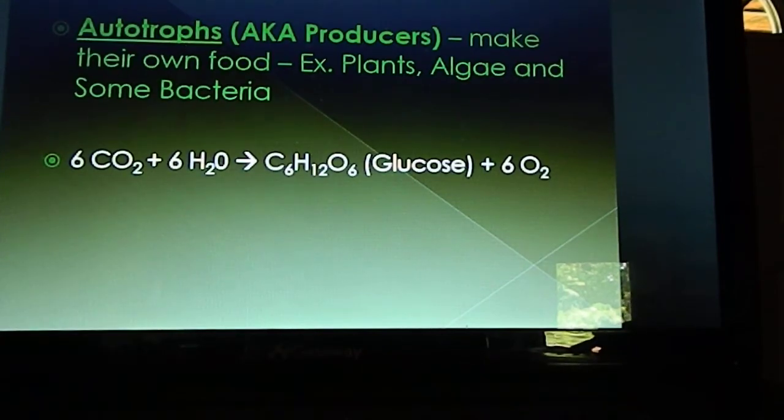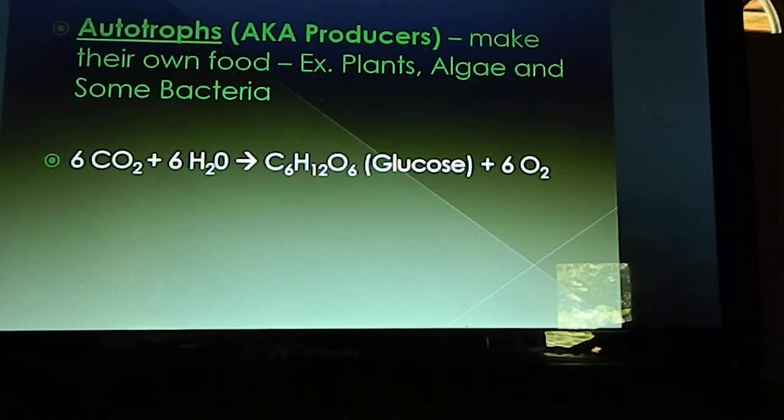Alright, photosynthesis is a process in which autotrophs, and we use autotrophs and producers in the same manner. Auto means self. Trophism is feeding, so they are self-feeders, all right? And so they can make their own food using solar energy. Some examples we've talked about in Chapter 1 of autotrophs are plants, algae, and some bacteria can actually convert solar energy into